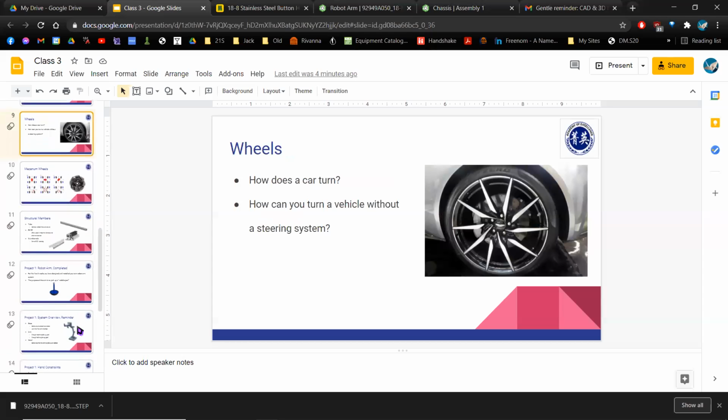One of the more useful things that you're going to use for an upcoming project is wheels. We're designing a robot right now. Obviously, you would want